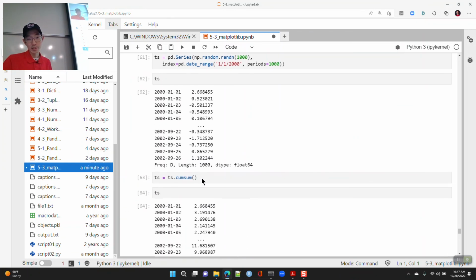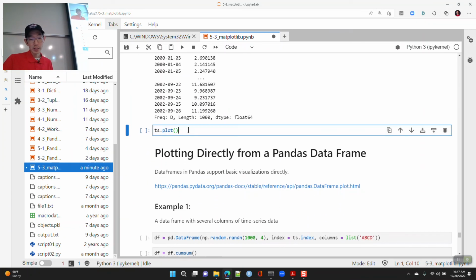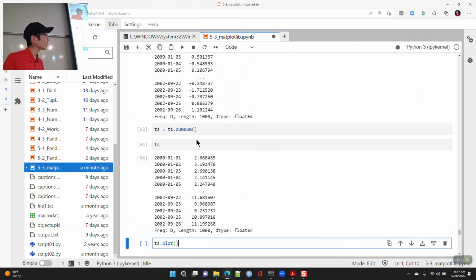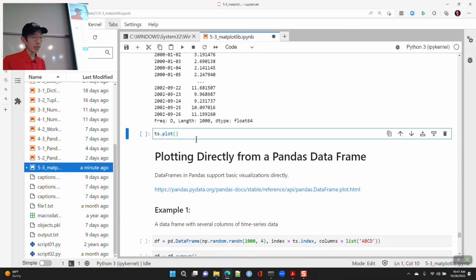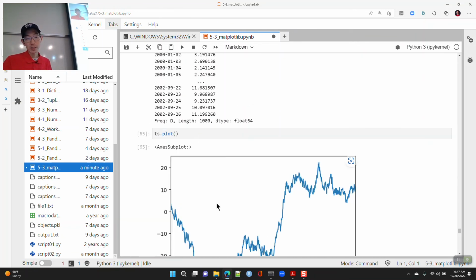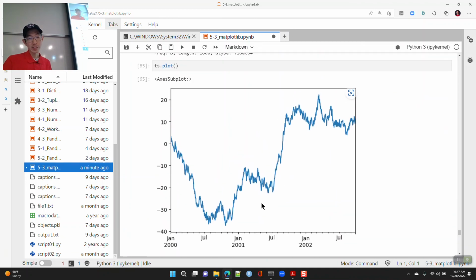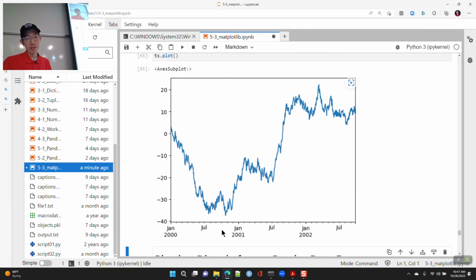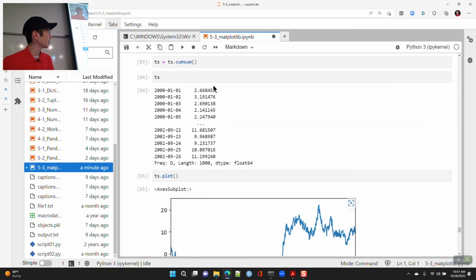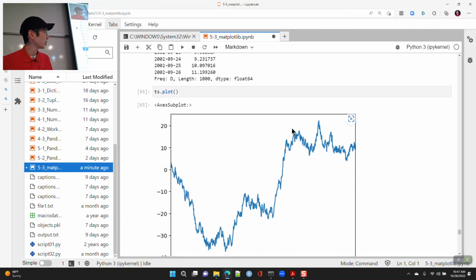So the cumulative sum starts off here, and we basically go up or down. This is just a random walk, and this is a Pandas series, and with a Pandas series you can just call plot, and it plots it. It recognizes that you have the index. The index will go on the x-axis, and the values in the series will be plotted as the y.